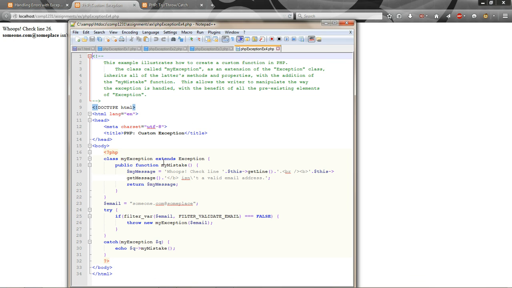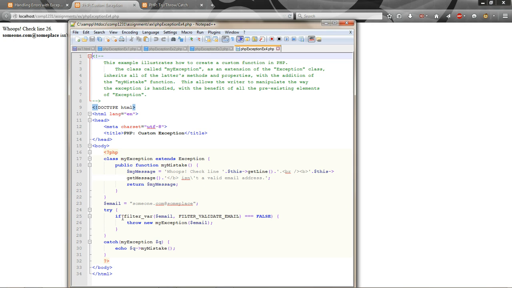So the upshot of that is, it's got all of the features, the bells and whistles, the methods and properties of the native exception class, plus this added function here, the thing I cleverly called my mistake. In there is my error message, which you can pretty much see up there. It points to the line where the problem is, if there is a problem, and the element that's triggering it. Okay, so that is here. I've initialized it to something that's bound to break it, as you can recognize right away. That doesn't follow the format of your standard email address, so you can pretty much guarantee that's going to break it. And there, the try block